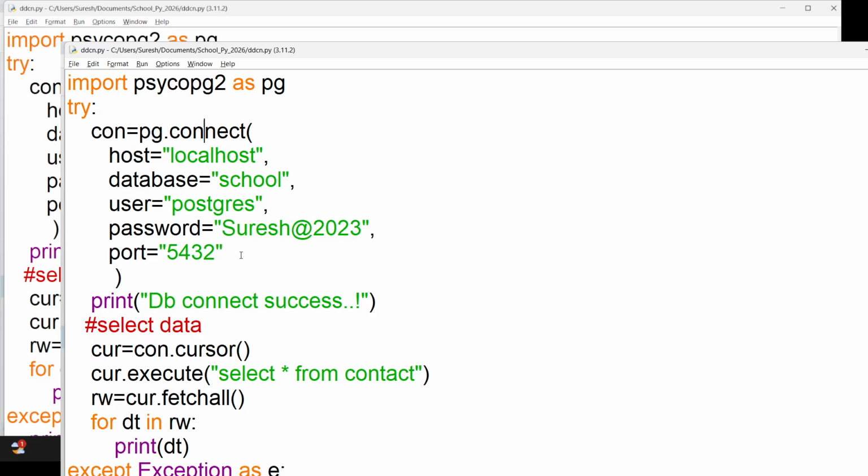Fine. So before writing any kind of queries, the very first thing you have to do is the database connection. Once the connection is established, then you can start adding the queries. So then we get a cursor, because we want to iterate every data.